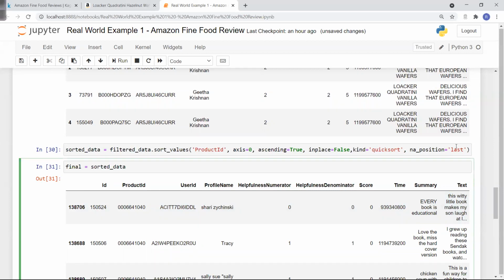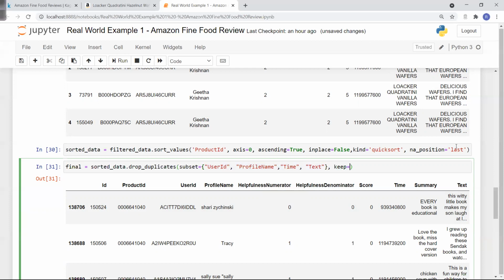sorted data dot, there is a command called drop duplicates. I want to drop duplicates on certain columns. If you find the duplicates based on the user ID, the profile name, the time and the text, the combination of these 4 columns, then I have to remove that.